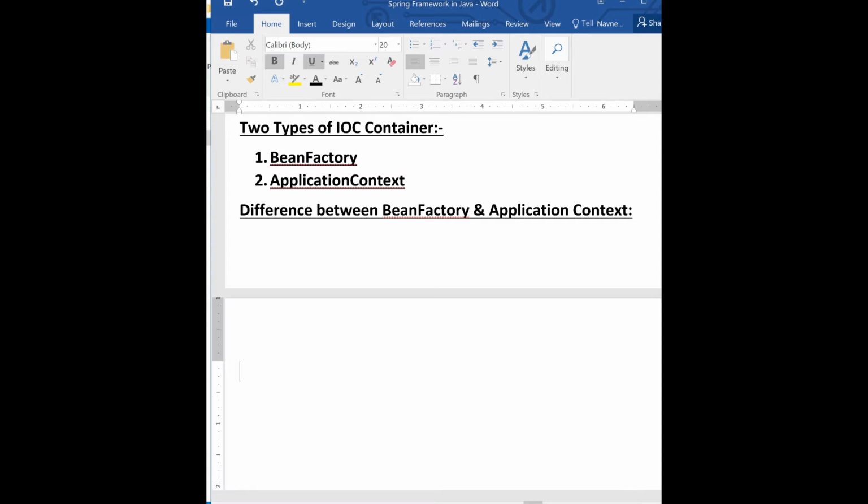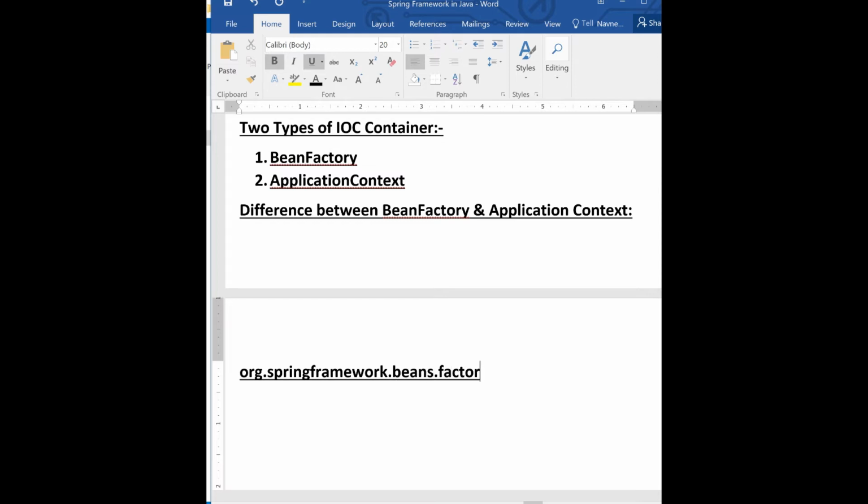In the factory package we have two types of context. So how will we understand? You can go and check the package or class. We have org, with org in small letters, dot springframework dot beans dot factory.